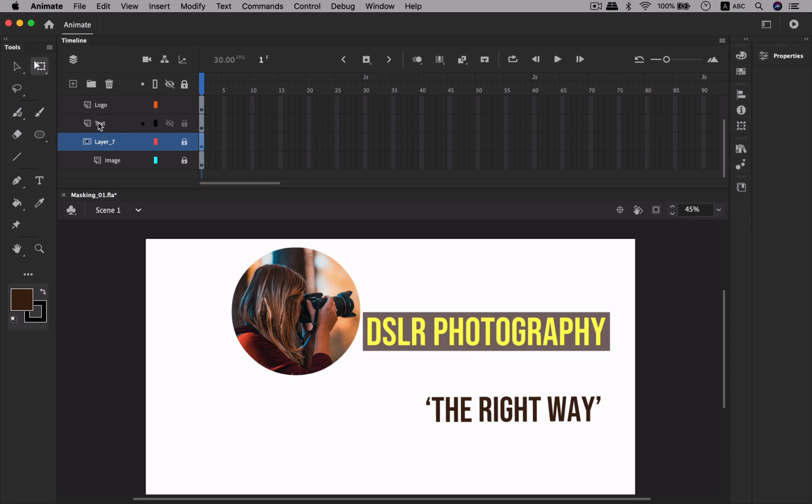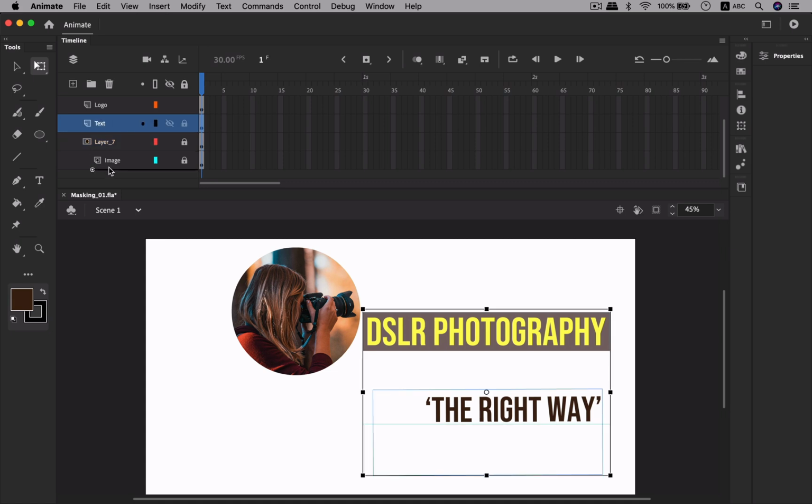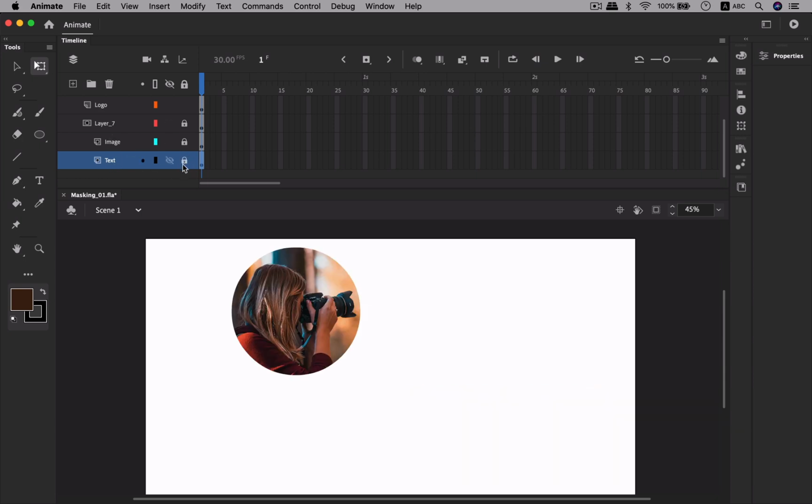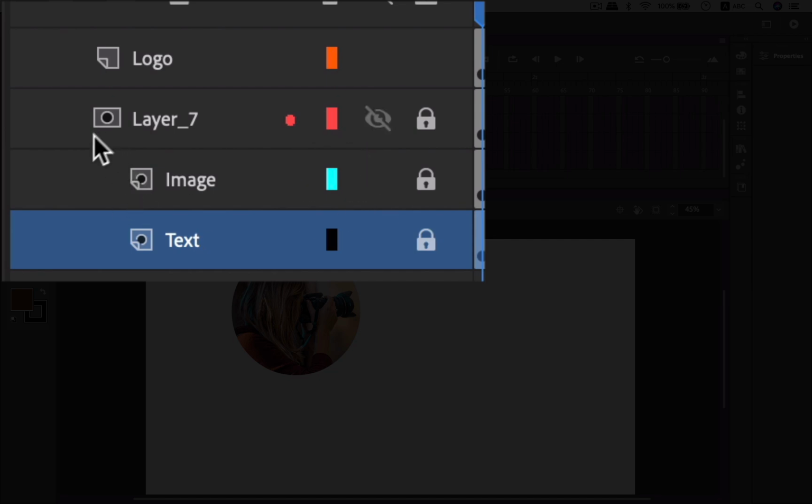mask layer. So if I go ahead and drag this text layer also below this and then lock it out, that's important, because as you might notice, two things have happened as soon as I clicked on the mask. One is that it turned to a camera icon, right? This icon, or it's not a camera icon actually, it's one of those layers with a hole. And the second thing that happened was it has locked it. Another thing that has happened is that the layer got inserted. So these are the three conditions to tell you that a particular layer is being masked out. Okay, so that's the basic function of